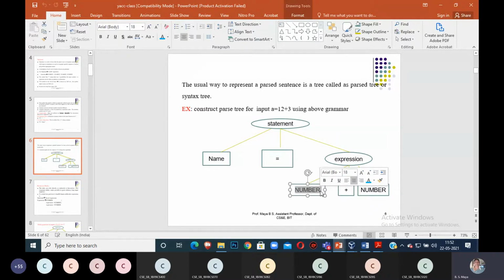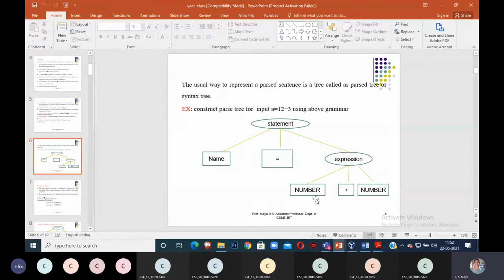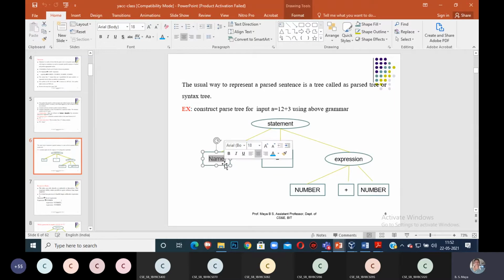How to write number? You can write a lex program for the number as 0 to 9, more than one, so plus. If it is a decimal number, followed by a dot. If it is an exponent number, followed by E. You know that one. See, what is name? Name is an identifier. What is the regular expression for identifier? Letter followed by letter or digit. Okay, that is the regular expression. That is for name, and name and number will be used as a token or terminal symbol.